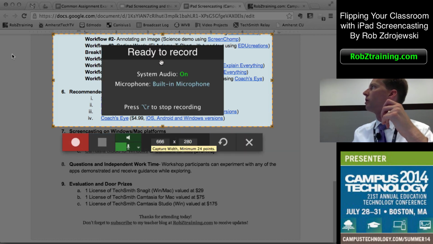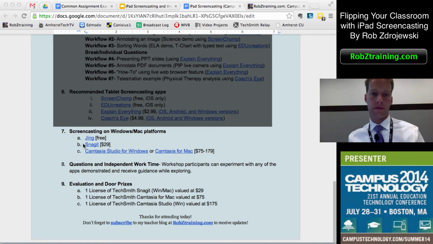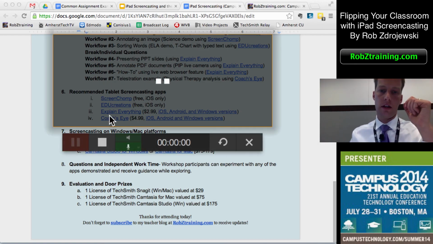And it says it's ready to record. You can see as I'm speaking, the microphone built into the laptop here is working. So I'll hit record. And here goes. It should give me a countdown. Yeah, you know what? I'm doing Camtasia at the same time, so this might not work. This might freeze if I try to do